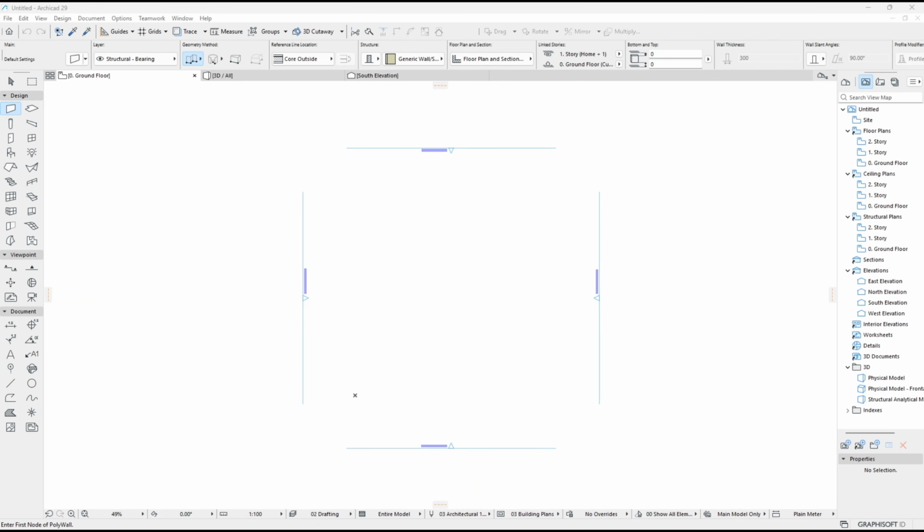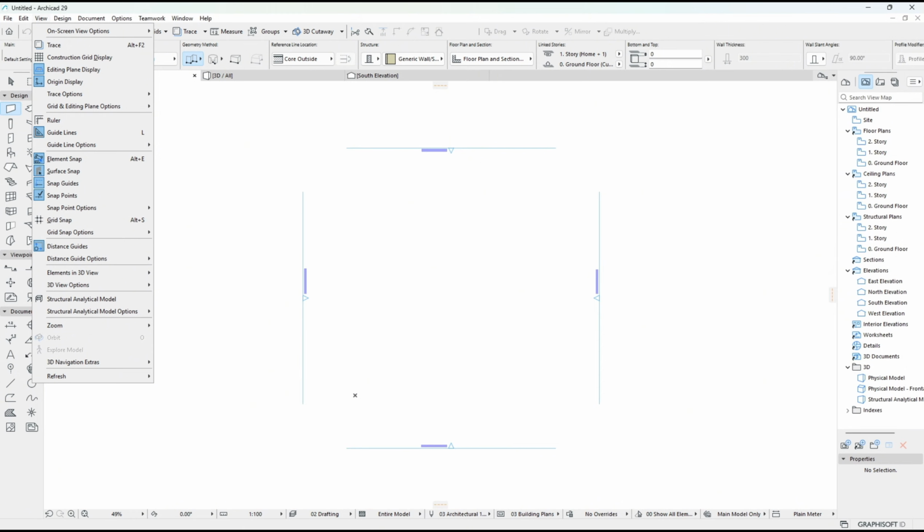Hello everyone, today we are going to learn a basic Archicad tutorial: how to turn on and turn off the grid. If you want to turn it on, you can go to the View menu, click on Grid and Editing Plane options,